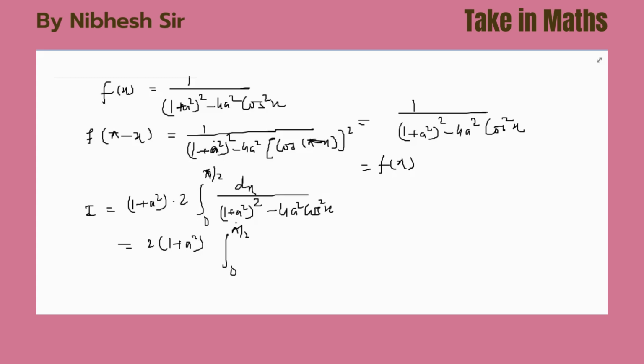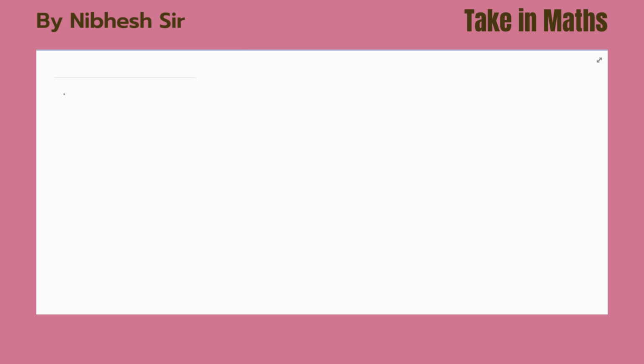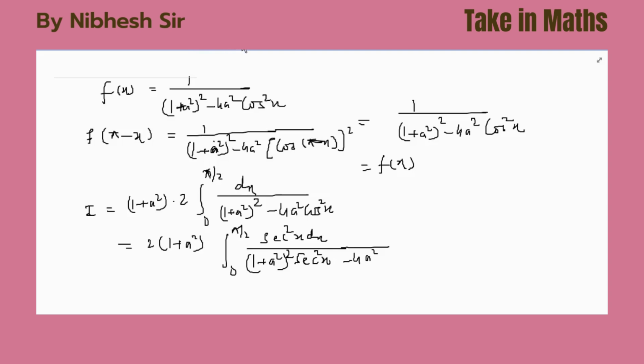If we take cos square x common, this goes up and becomes sec square x dx, and here we have (1 plus a square) the whole square divided by cos square x. So that becomes sec square x into sec square x minus 4a square. Now I will write sec square x as 1 plus tan square x. So I equal to 2 times